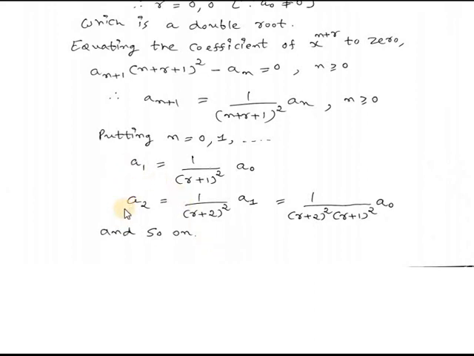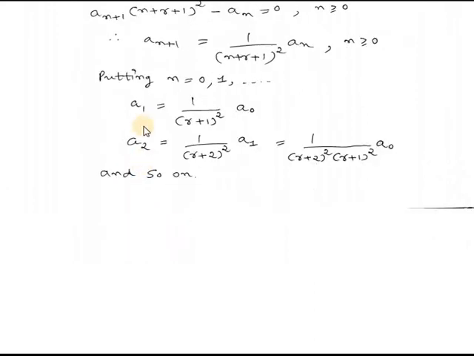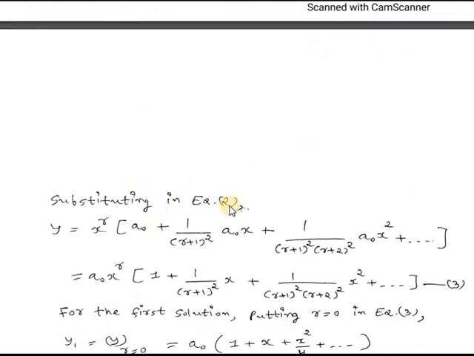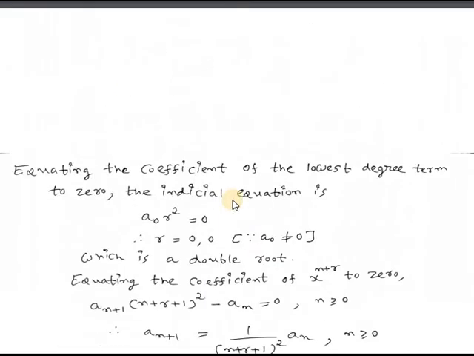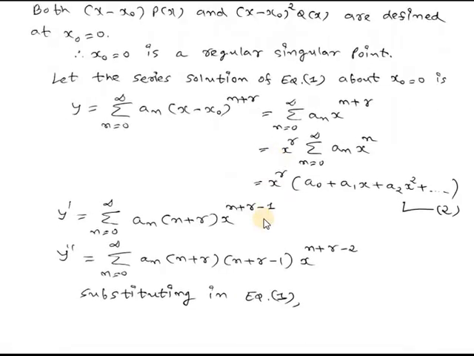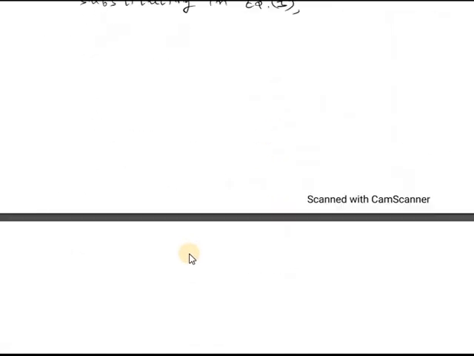Here we have to find only two coefficients. Now substituting the values of a1 and a2 in equation number 2. What is equation number 2? This is equation number 2. So we will get